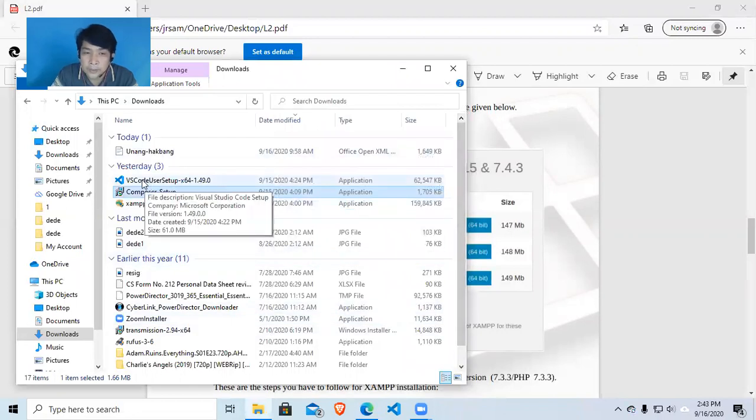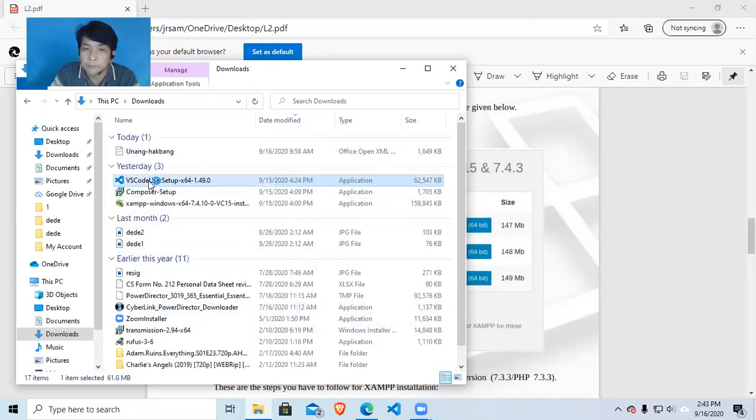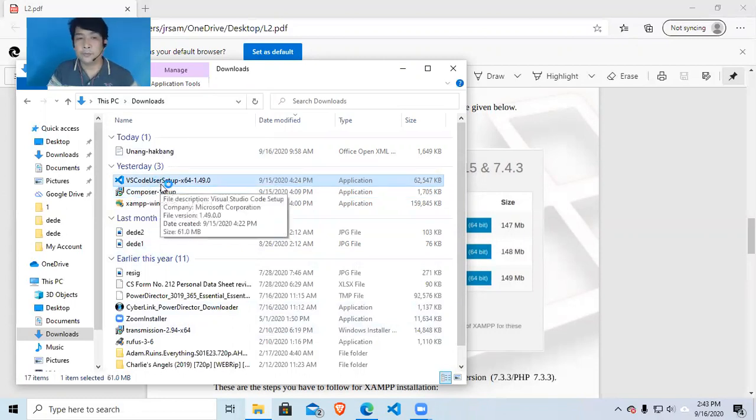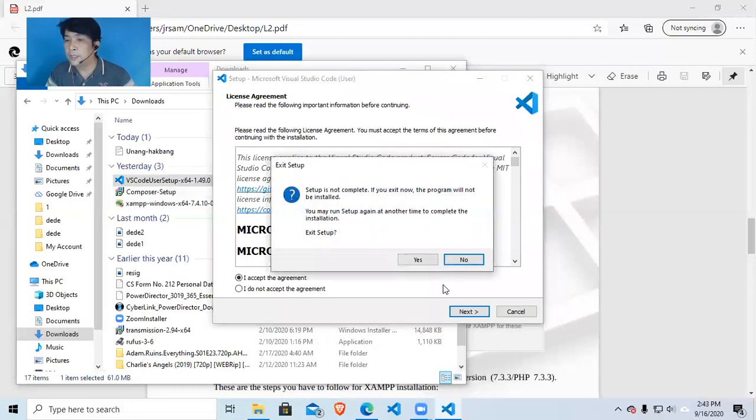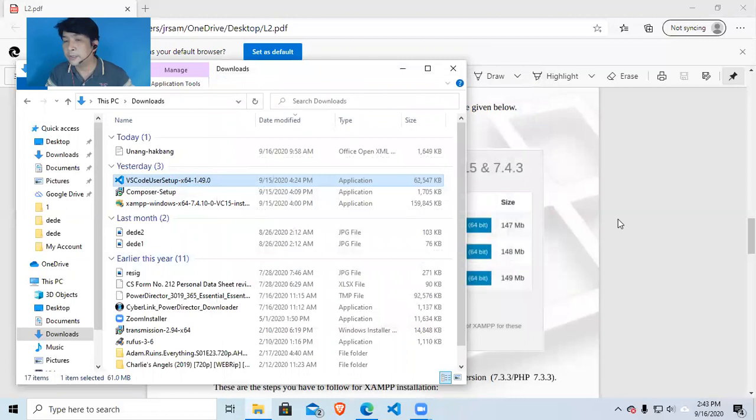The next one is Visual Studio Code. In Visual Studio Code, you have to agree with the license terms. You just select this one and then click next. Click next, and there you have it. It will be installed in your operating system. Now that we have all the requisite applications, we can now